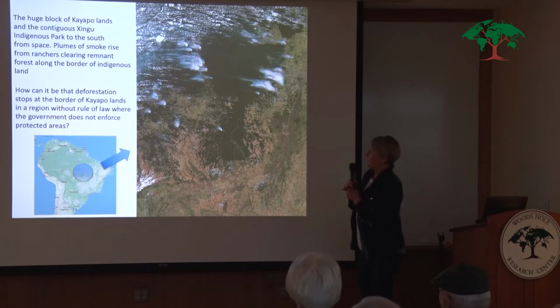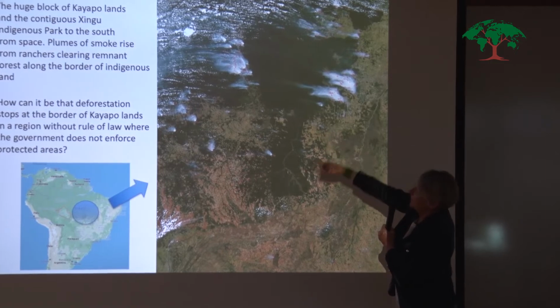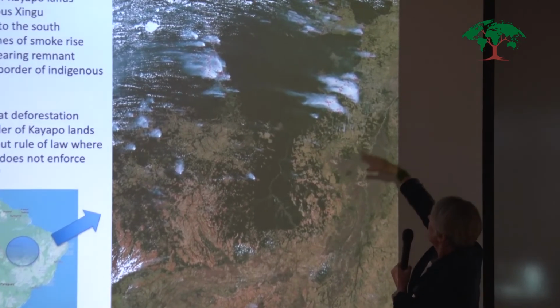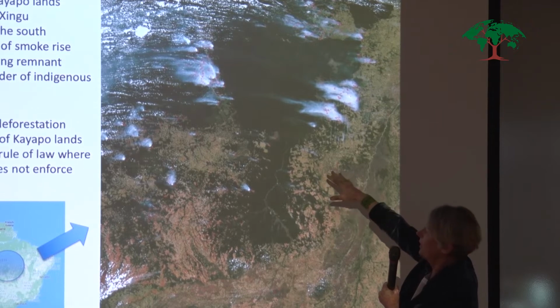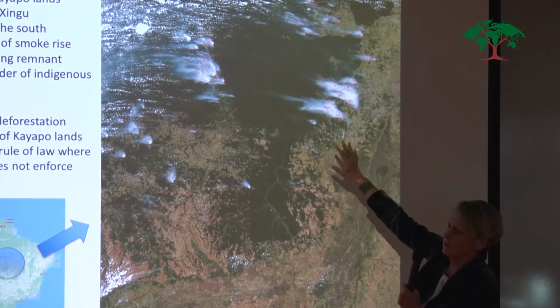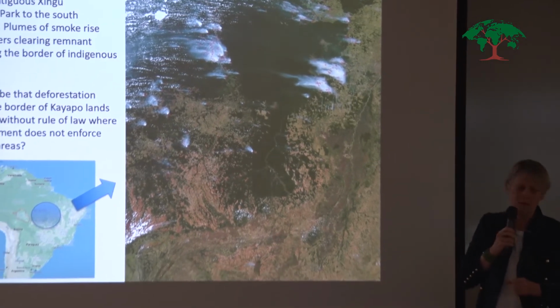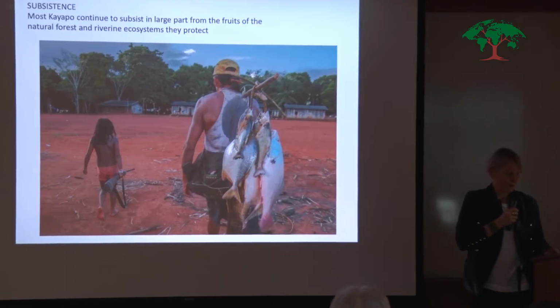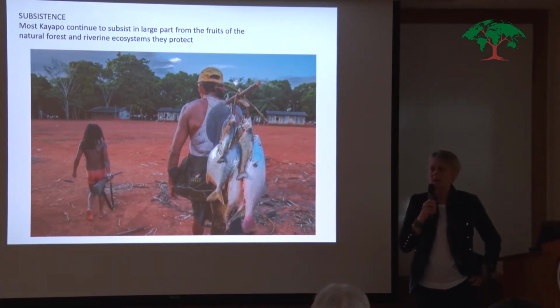And this satellite shot shows you an indigenous territory, which is the green block, surrounded by ranches and soybean and roads and logging and everything else you can imagine, but it's still intact. And the reason in 2019 that territory is still intact is because